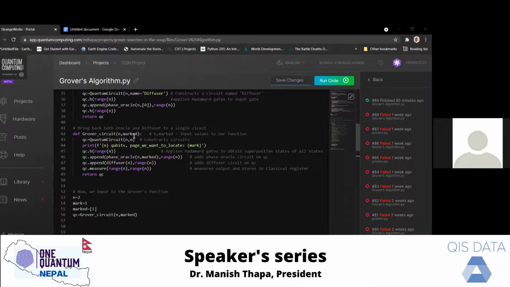Under this function, it first constructs a quantum circuit consisting of n qubits and a classical register also of n classical bits.